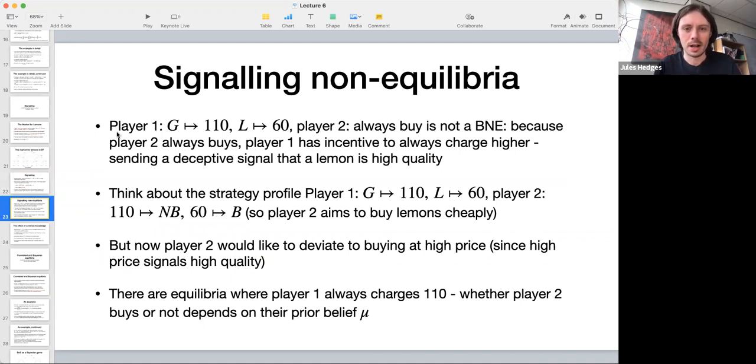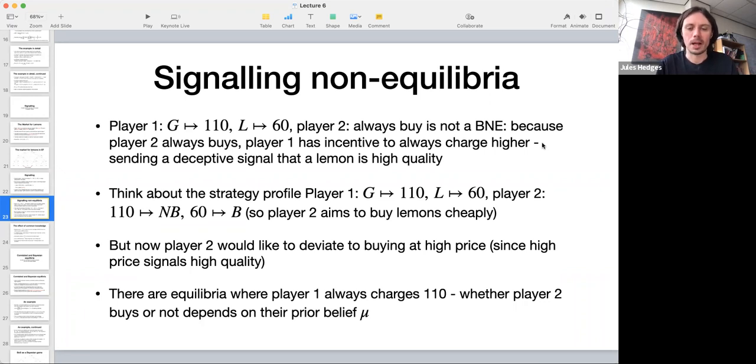So let's see this. The kind of obvious good pair of strategies that would lead to the best possible outcome is that player 1 will charge a high price for good quality and a low price for a lemon, and player 2 will always buy. This is the strategy profile that will always lead to trade for mutual gain, but it is not a Bayesian Nash equilibrium. The reason is that because player 2 plays a strategy that will always buy, player 1 has incentive to always charge the higher price